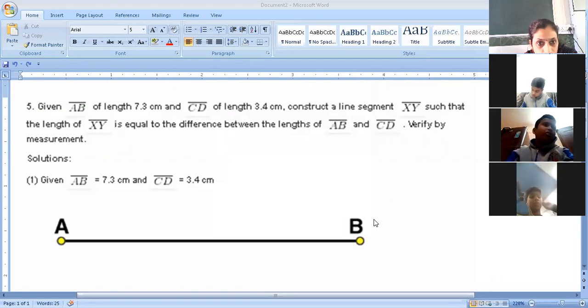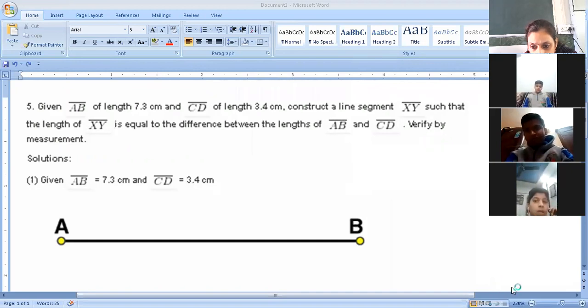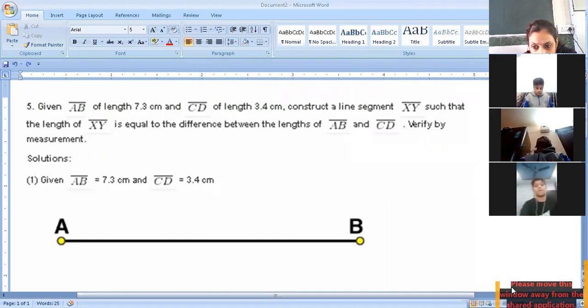Let's start with that. First of all, draw AB 7.3 centimeters. Draw a line with the help of a ruler, children.